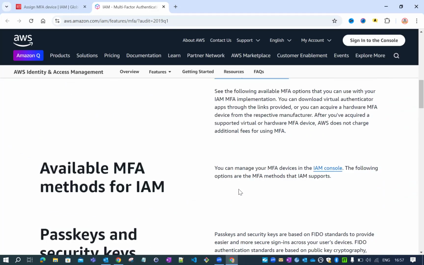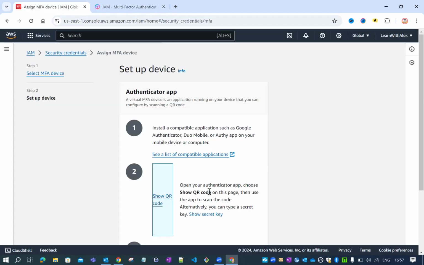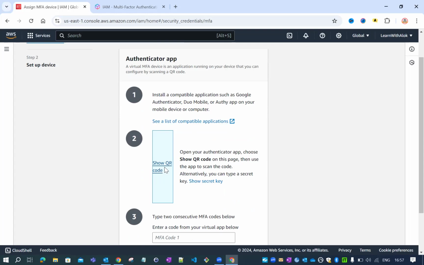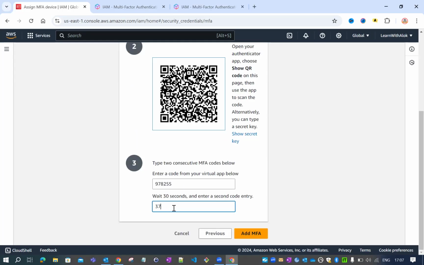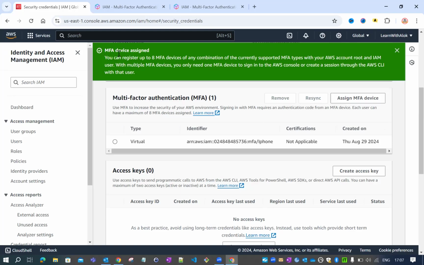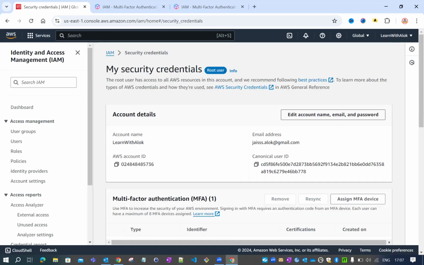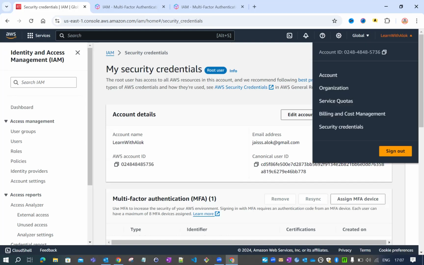Here you need to click on Add MFA. So you can see we have successfully set up the MFA device. Now whenever we sign in again, it will require us to confirm the MFA. So let's sign out